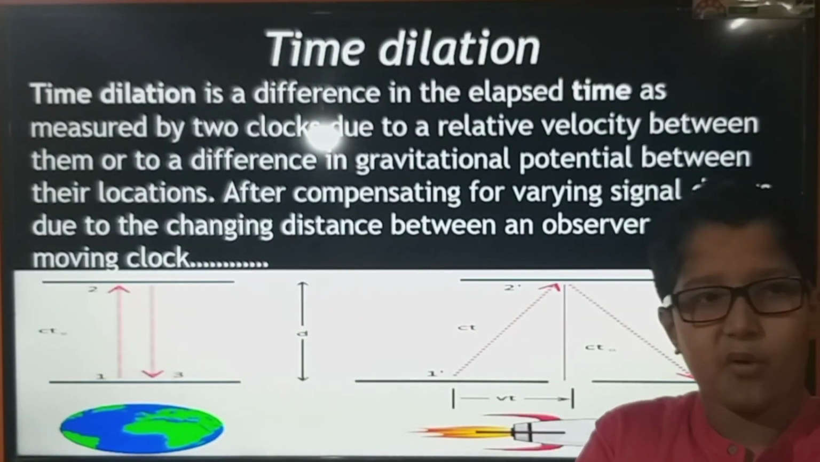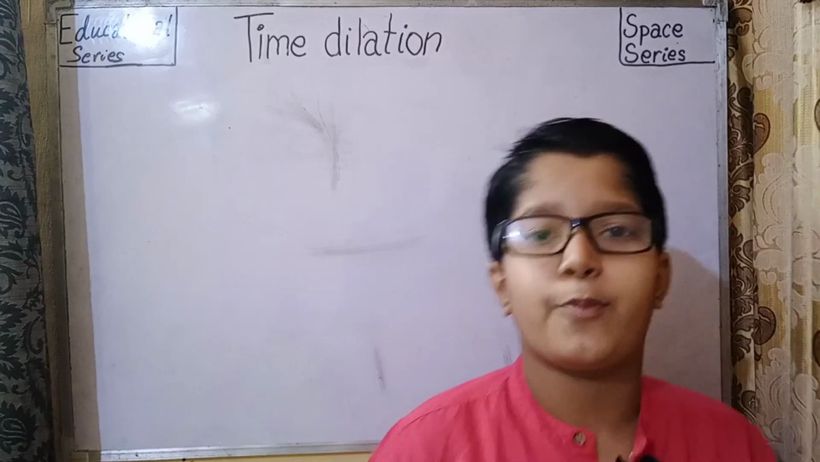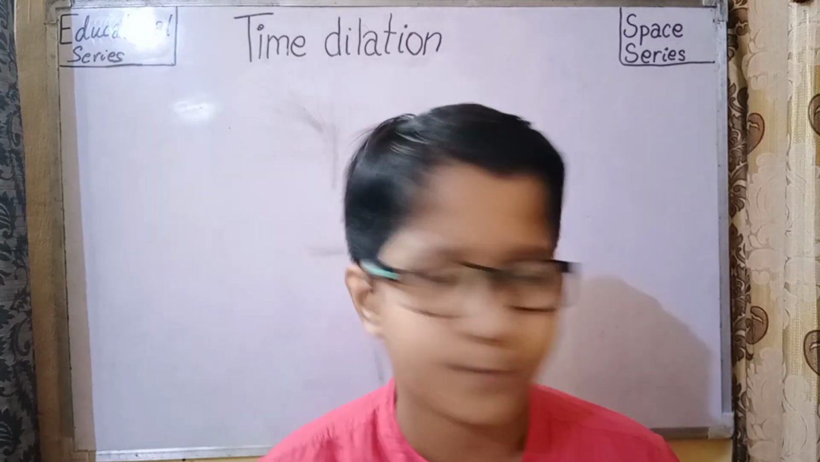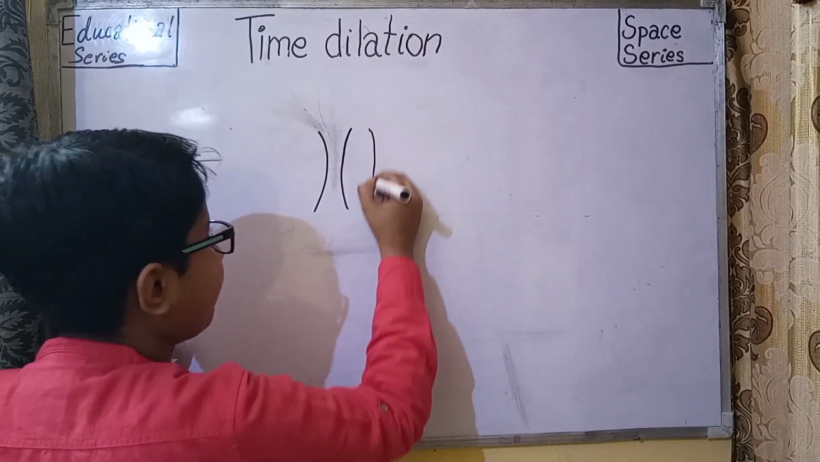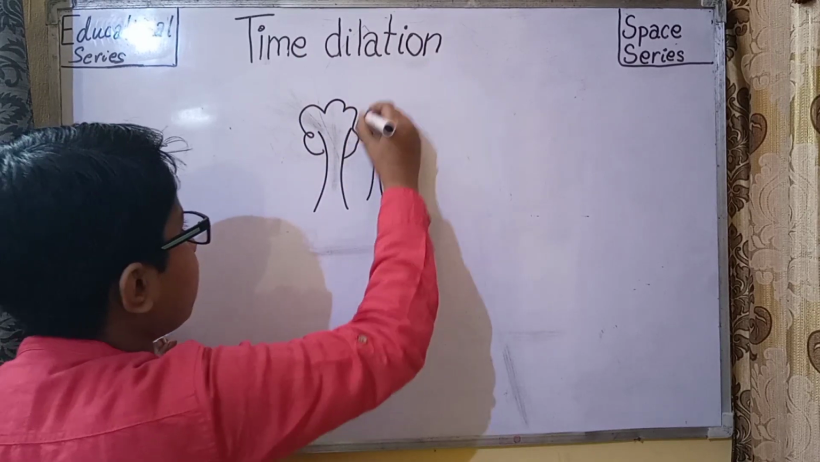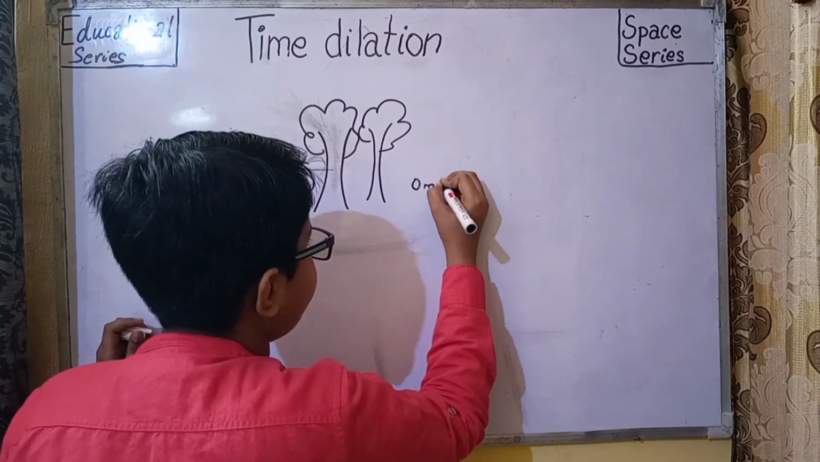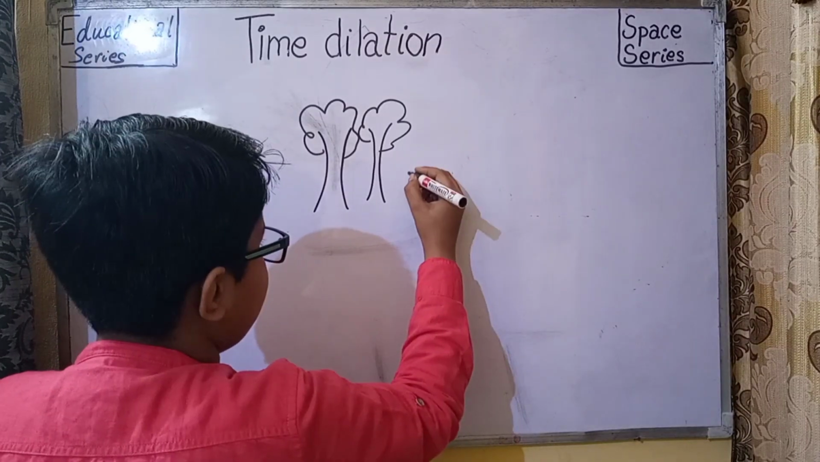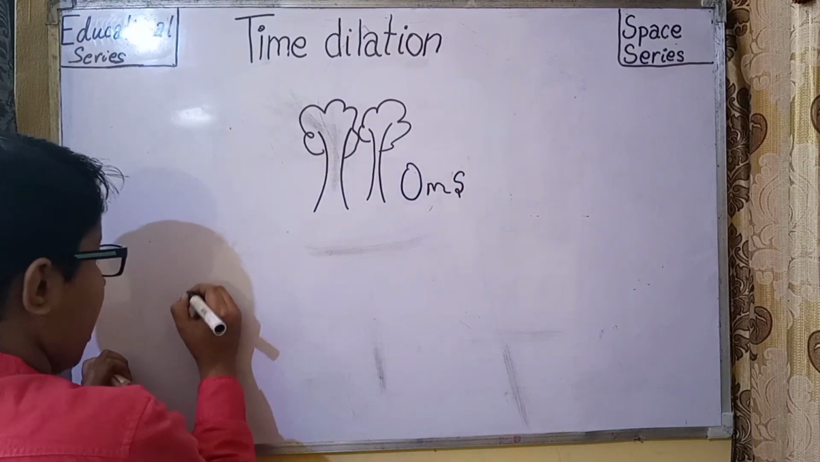Here is time dilation. Now we'll go to the board for time dilation. Before understanding time dilation, let's see how speed matters according to our perspective. Let's suppose there are some trees along the roadside, which are not moving; their speed is 0 meters per second. Now there is a red car